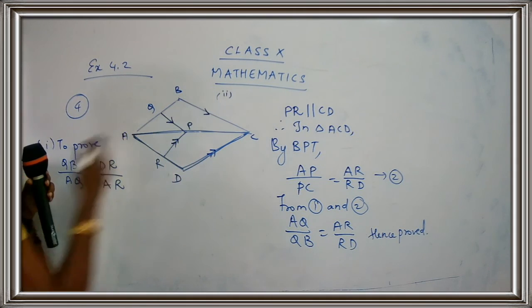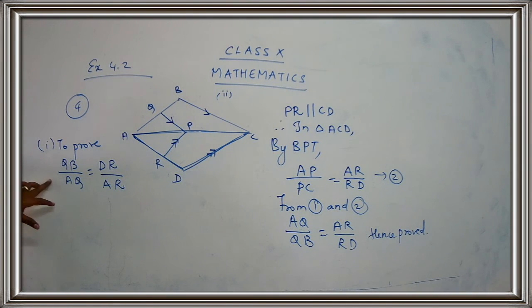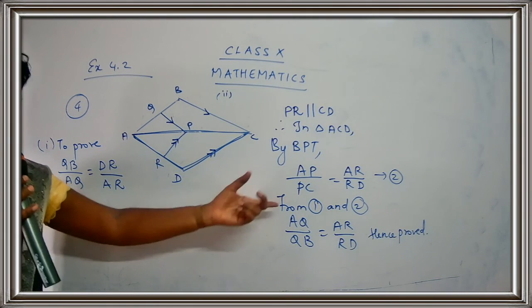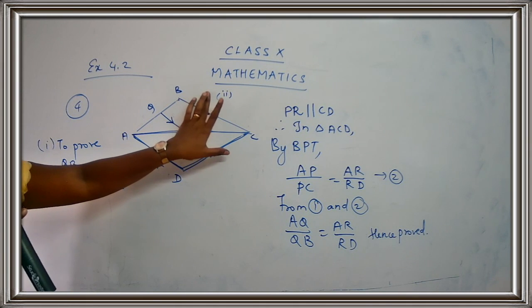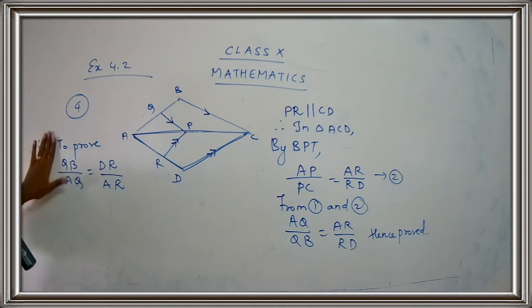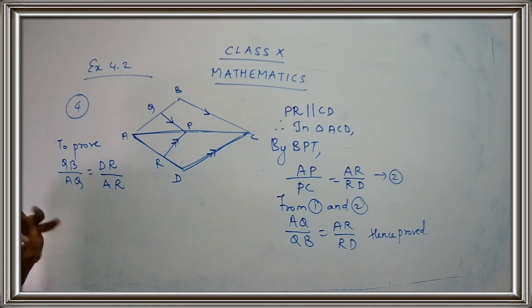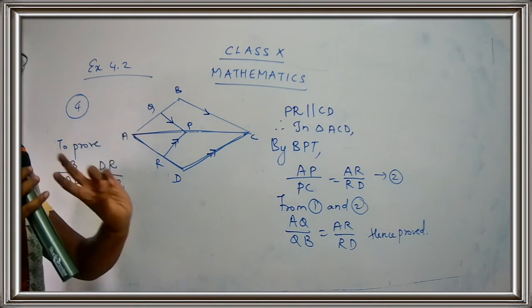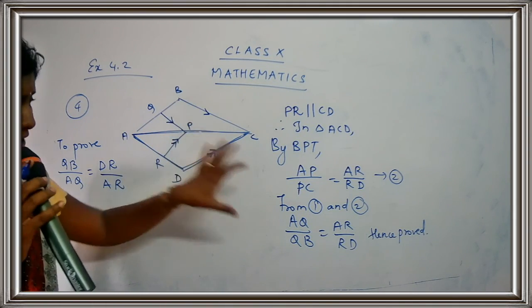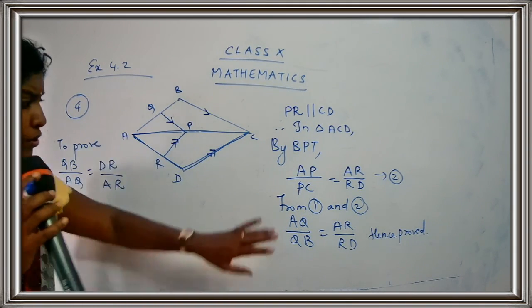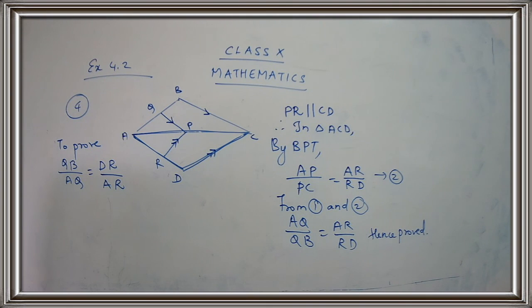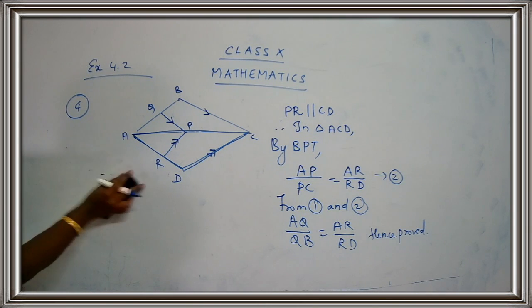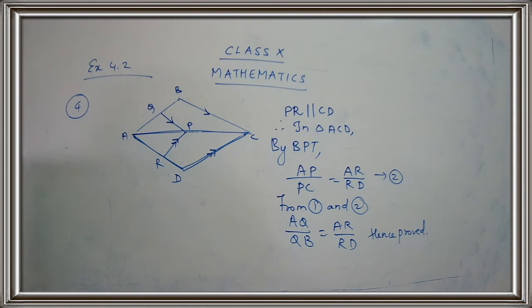We have proved the second part first. So this is the first part we have to prove here. Because when we apply the basic proportionality theorem, we get the second part first, okay? So no need to mention first and second part. We'll keep it as it is, because here we don't know which part we are going to get first. You just applied the BPT and we got one part out of 2. So just keep it as it is. That is AQ upon QB is equal to AR upon RD. This is what we get. So children, no need to write down this. Just leave it. Just complete till here.